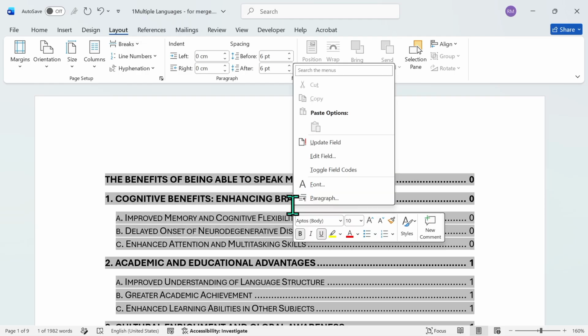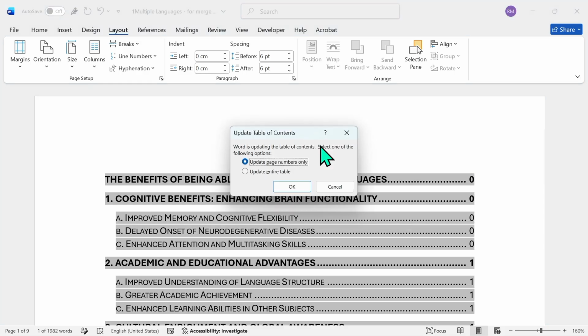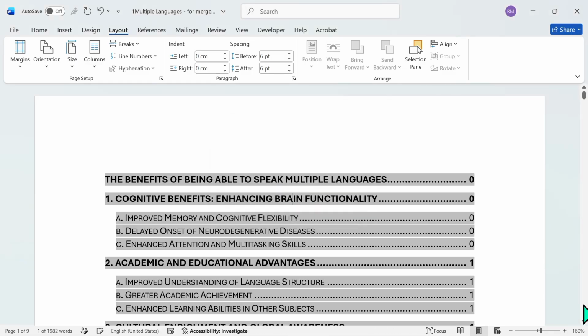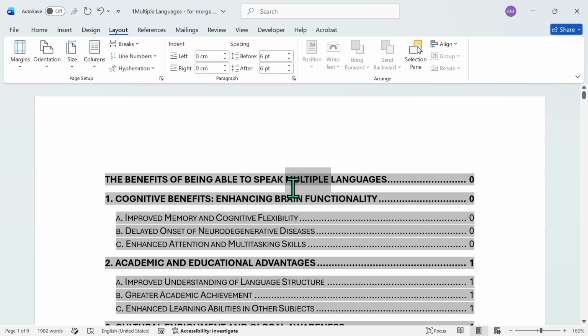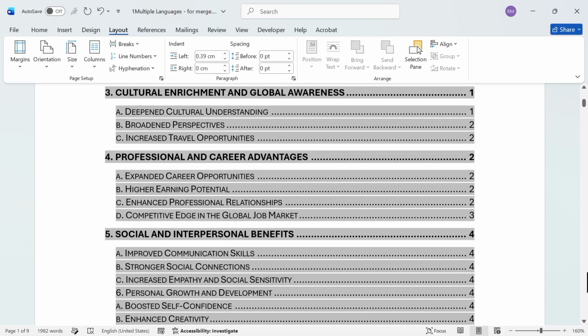Now if I right click, update field, I'm going to update only page numbers, right, because that section moved to the next page. If I say okay, let me go and check number 5. Can you see that it's now on page number 4, which is what we're trying to do. Now the next thing that we want to look at,